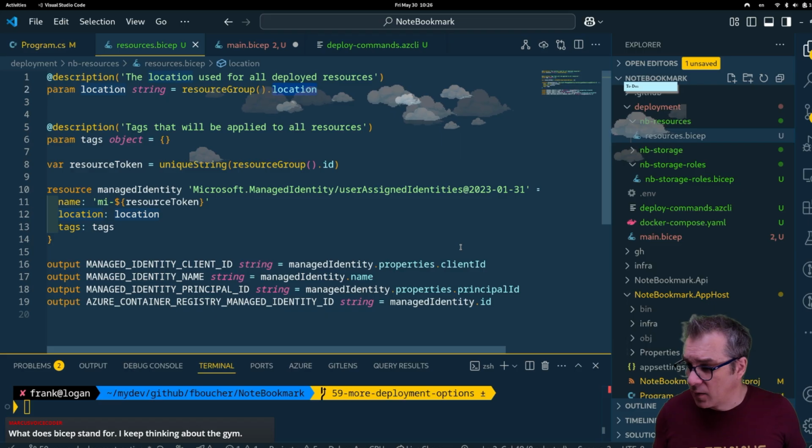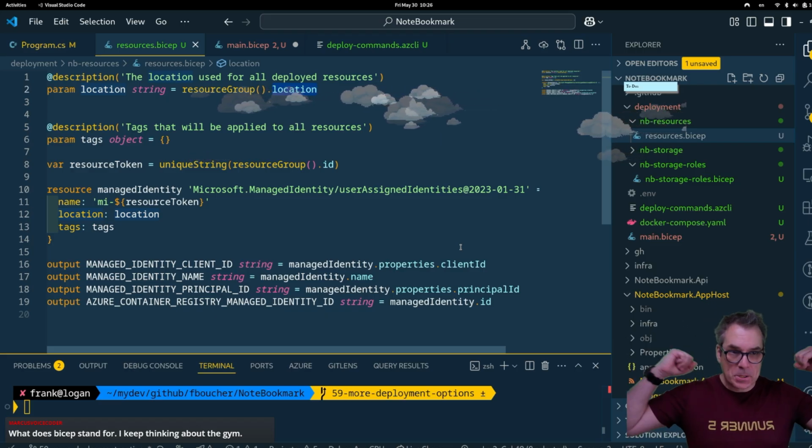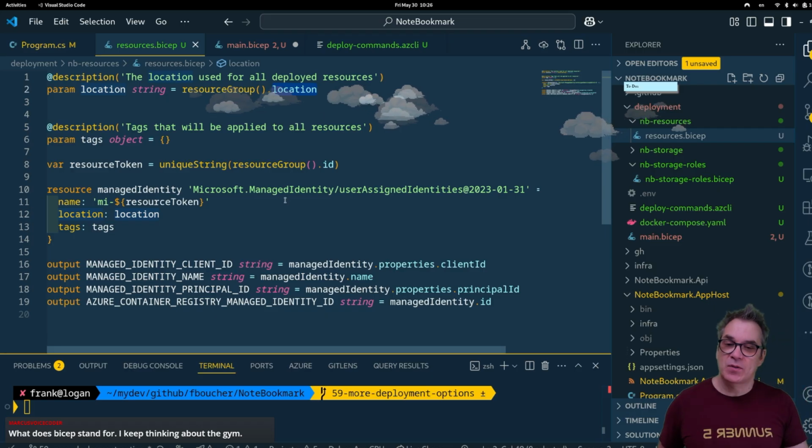Excellent. What does bicep stand for? Keep thinking about the gym. So biceps is